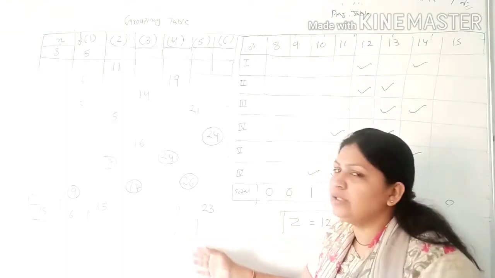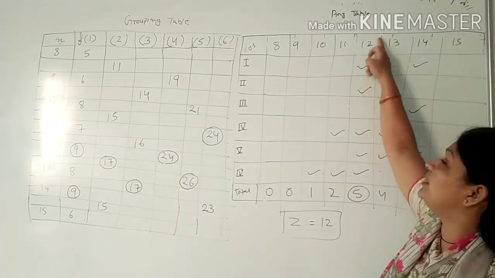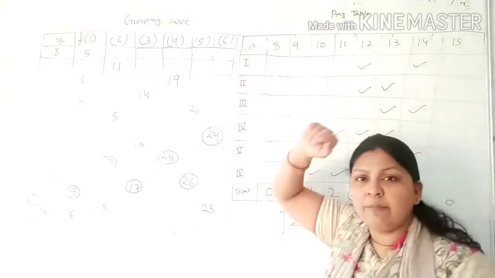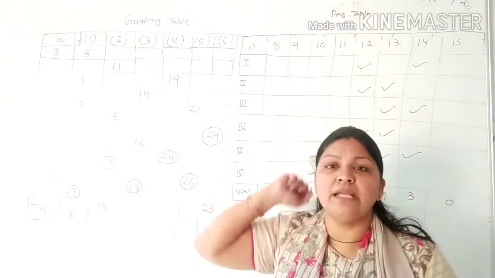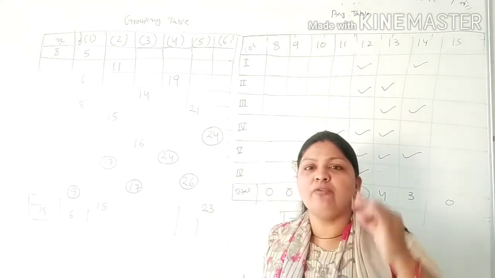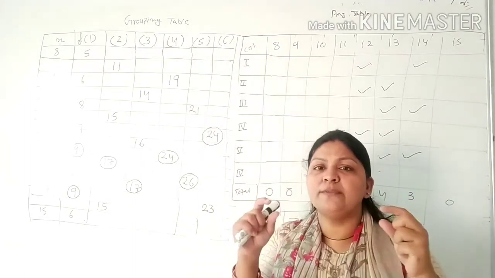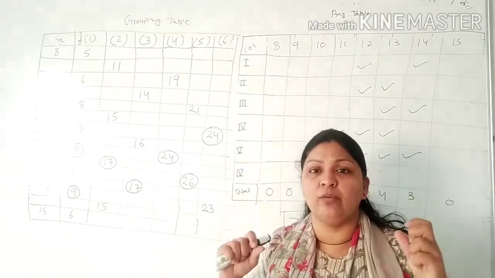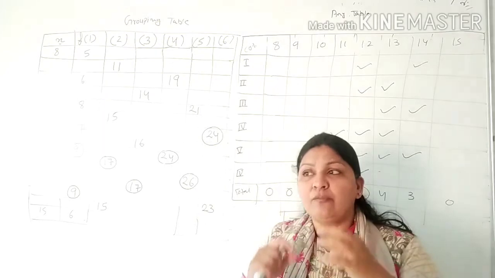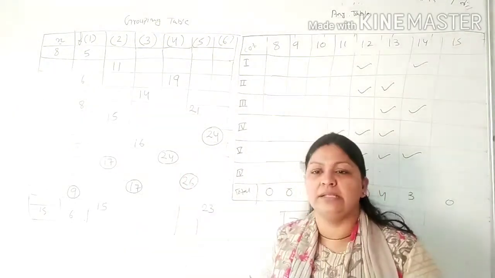So after that you just find out that is your Z, because you have this one observation here. But in this continuous series, that is one big problem कि we don't have one particular observation. We have just 0 to 5 or 5 to 10. It means that our observation lies between 5 to 10 only. So which one is the perfect? For that we have to use one more formula after this grouping and analysis table.